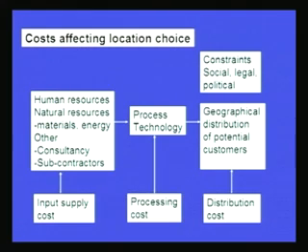So this is basically a bigger problem which has to be solved for maximization of profit and minimization of costs involved. So some input supply costs will be involved. All these things that you are seeing on your screen, human resources, natural resources, consultancy, subcontractors, all this would be the input cost, or this would be the input supply cost. So some cost would be involved at this level of the transformation process, or this would add up to a